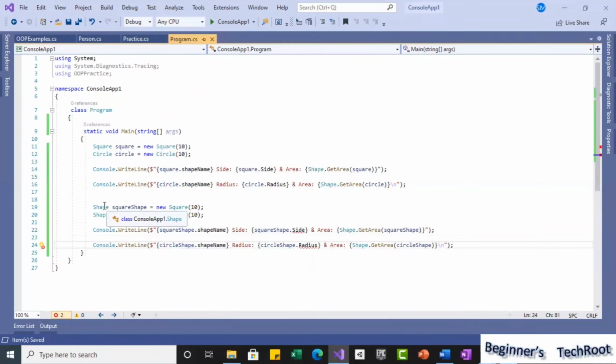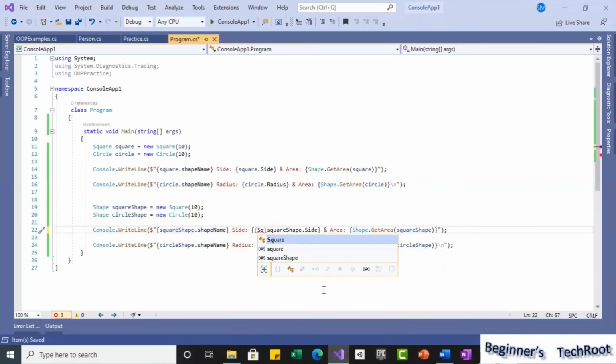When you use it as a base type, whatever members it has, you can use straight. Where the members are not available, you can cast it, the same way we cast with other data types. Here I can cast this to square, and in that type, whatever the value, it gives you the value.